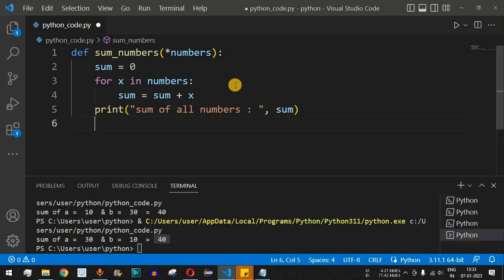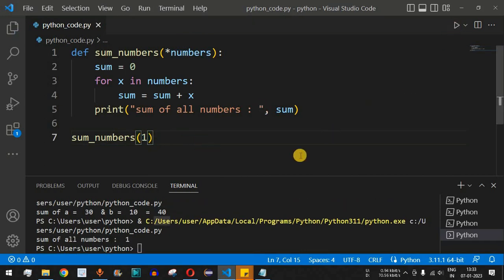Now guys, in the same way we can call this function, that is sum numbers, and we can have any number of arguments this time. Basically this star numbers will help us have any number of arguments. So let's say we simply provide the number 1, and let me save this file and try running this code now. You can see sum of all numbers is equal to 1